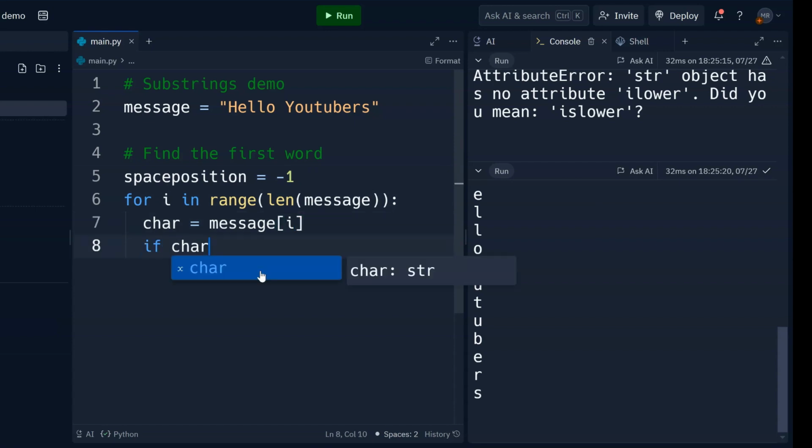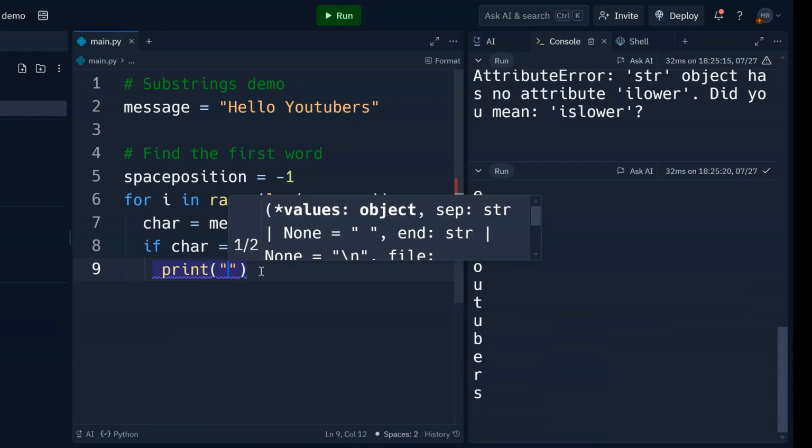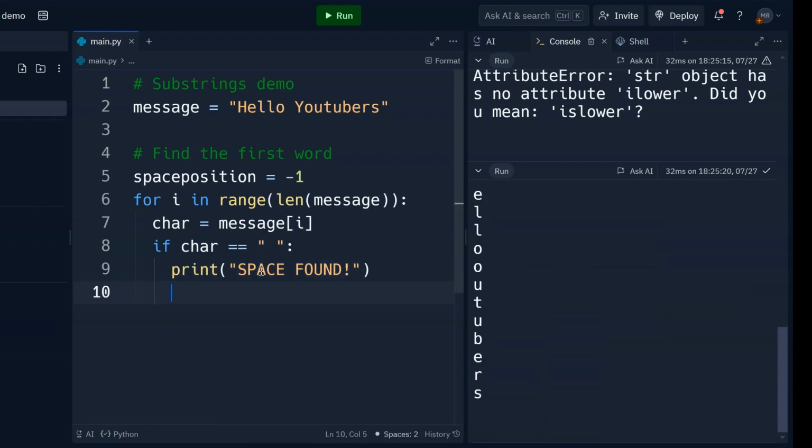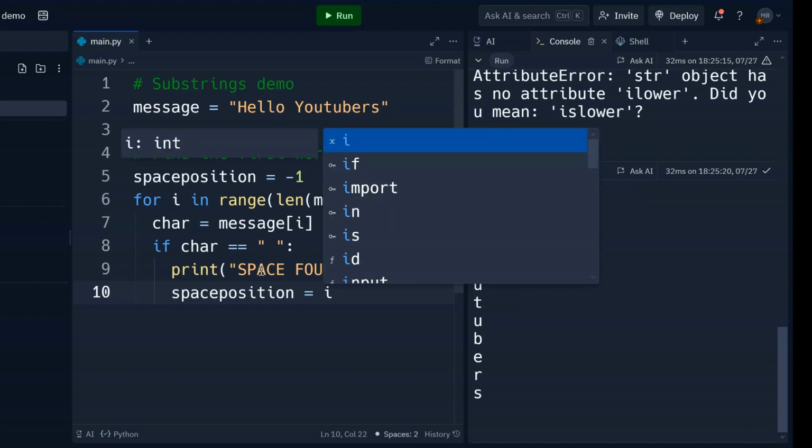If the character equals space, then we're going to print space found, and we're going to store the position where we found the space in it. So say I find that in the 5th or 6th run through of the loop, then I would have the value 5 in that variable. So if I said space position equals i,